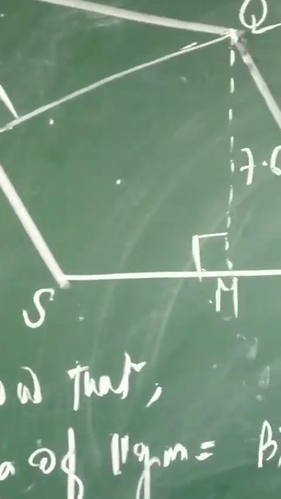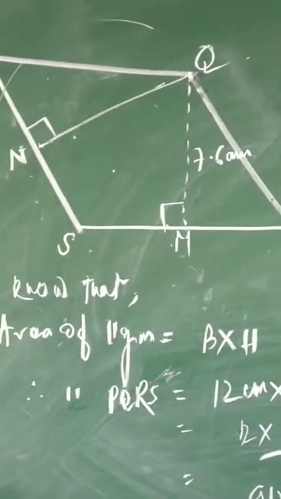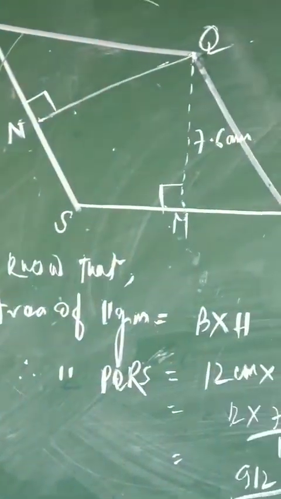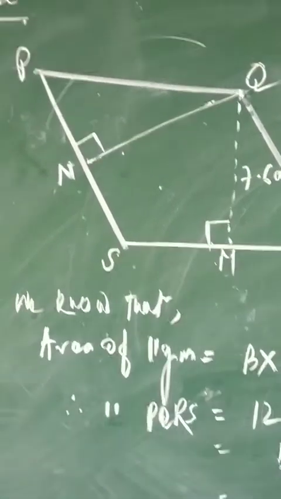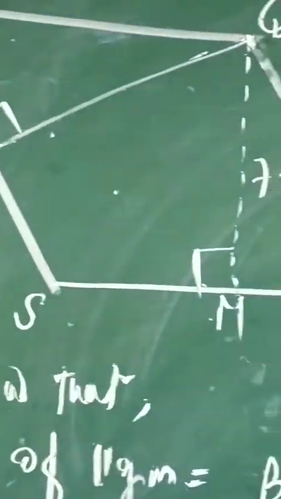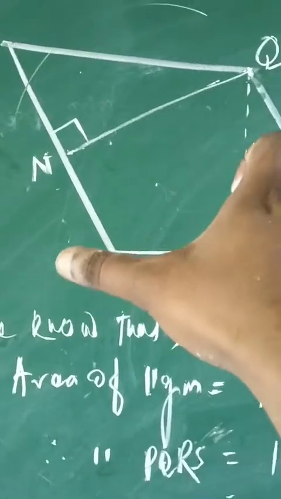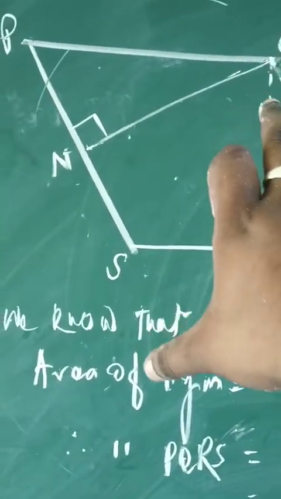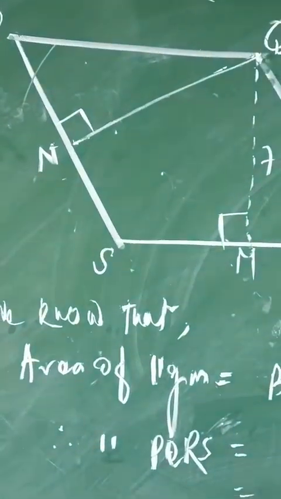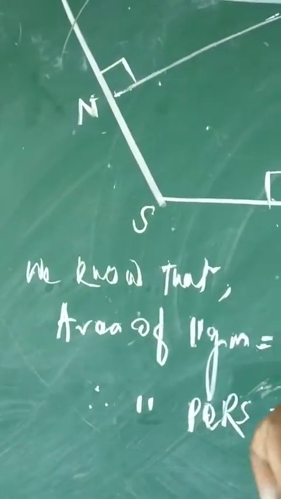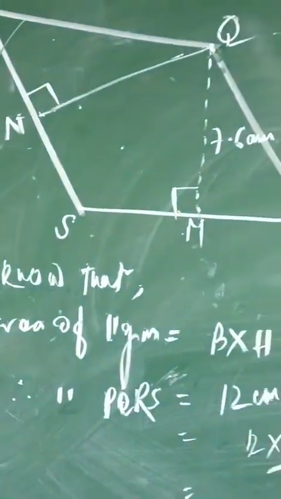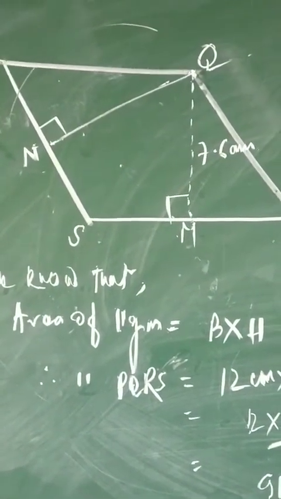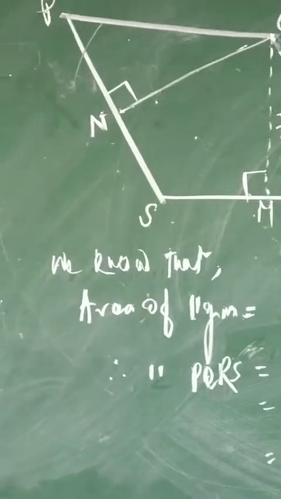As we all know, if we rotate the parallelogram or any diagram, the area never changes. The parallelogram PQRS is in this particular position. If I flip this figure, if I turn this figure, the area is not going to change at all. The area would remain the same. So this is what we are going to do. We are going to find the area right now.